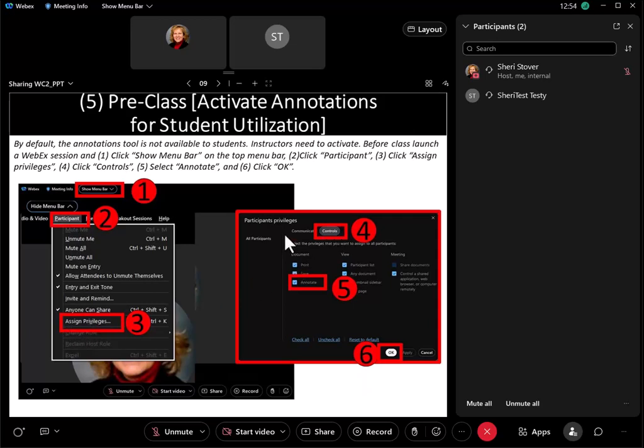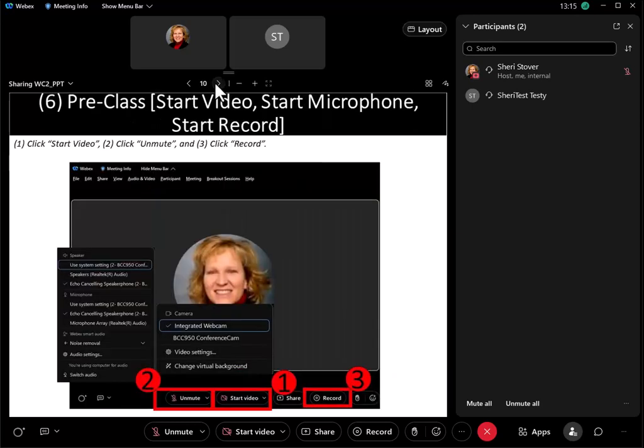Step number 4, click on the controls tab, which by default is not showing. Step number 5, select annotate if it's not selected. Obviously, if it's selected, you don't need to do it again, but just verify it's selected. And step number 6, click on OK. That will set it up so that students have at least the permission.